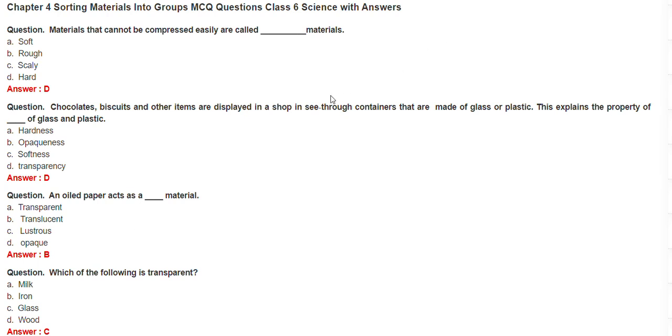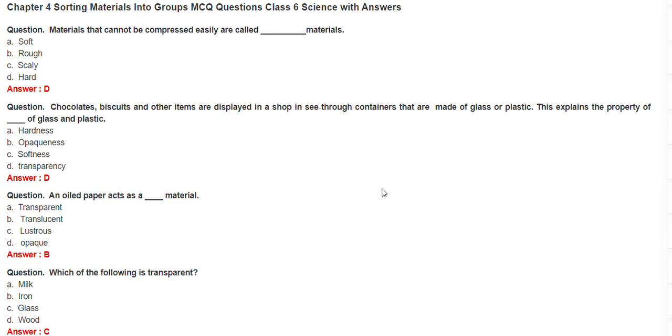क्वेश्चन विथ आंसर्स देखेंगे हम। तो चलिए, पहला क्वेश्चन है: मटेरियल्स दैट कैन नॉट बी compressed easily are called dash material. आंसर है हार्ड मटेरियल, सो आंसर D। नेक्स्ट क्वेश्चन: chocolates, biscuits and other items are displayed in a shop in see-through containers that are made of glass or plastic. This explains the properties of dash of glass and plastic. So आंसर है ट्रांसपेरेंसी।